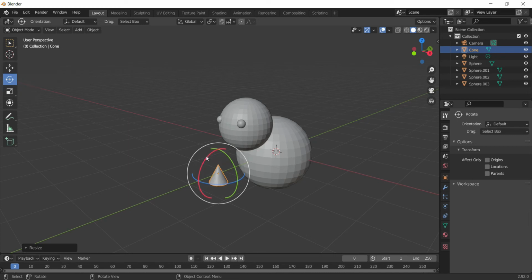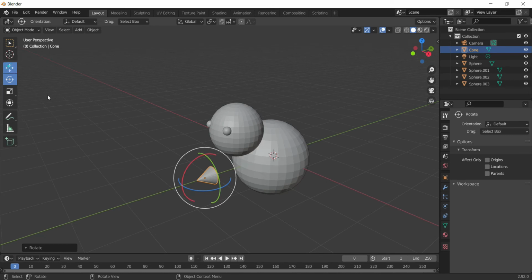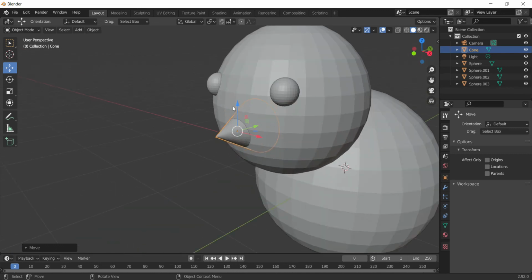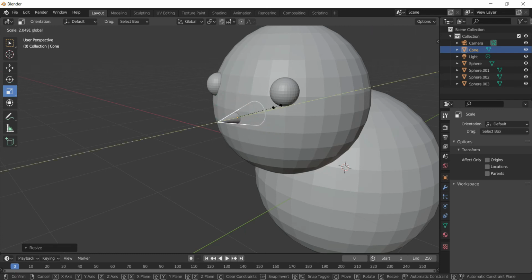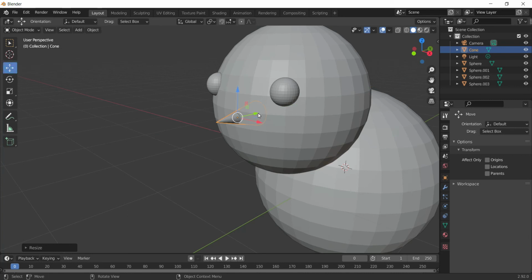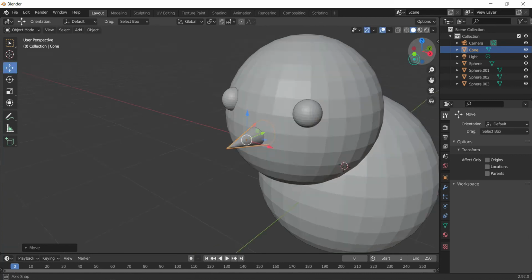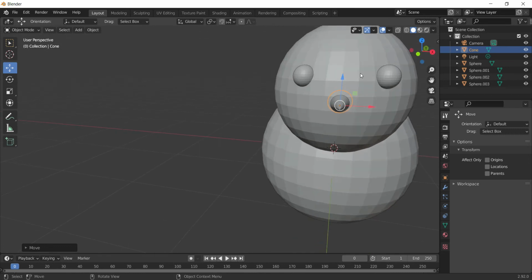I'll rotate this like this, and I'll bring it upwards. Maybe I need to scale it a little bit more down, and just in the Y axis like this. So this way I have created the beak for the bird.